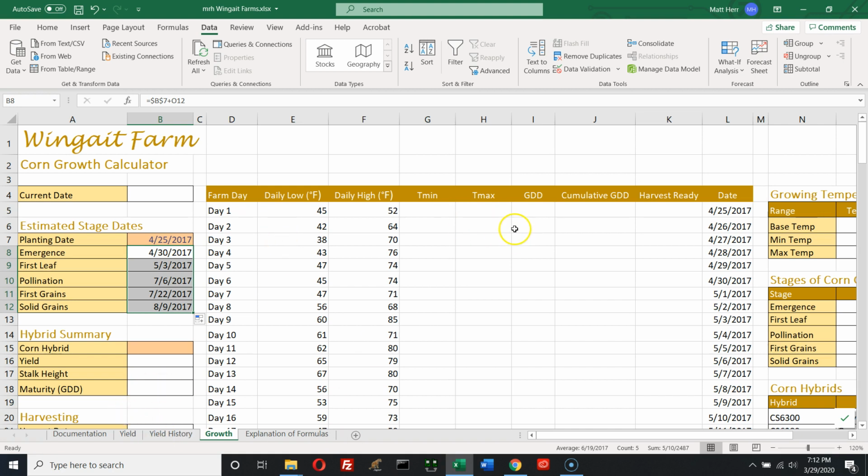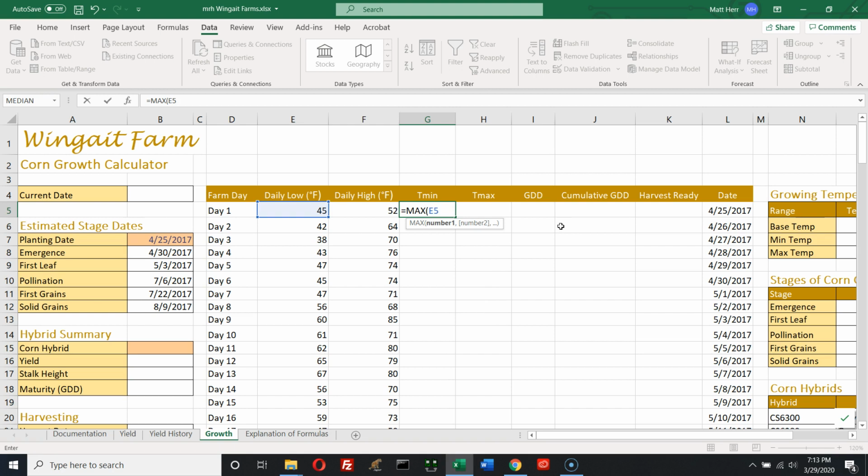So they want you to click on cell G5, beneath the T min, and type in this formula: equals MAX, left parenthesis, E5, comma, $O$7, and then a right parenthesis. Make sure you've got the comma, the dollar symbols, and the parentheses in there. And before I press enter,